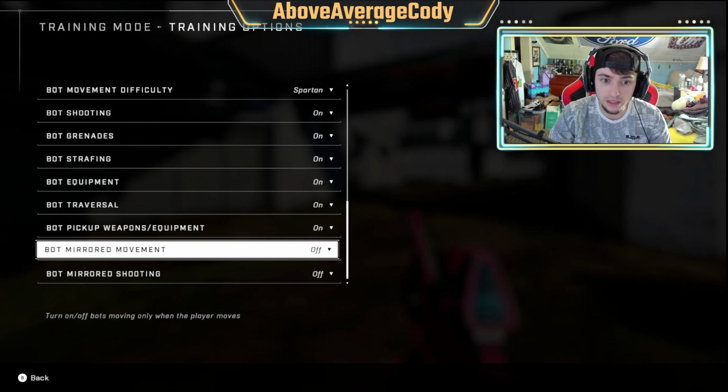The bot mirrored movement. Now, this only affects whether they move or stop when you do. For some reason in my head, I thought that if I'm strafing left and right, they were going to strafe left and right. It's not like that. So I was practicing in this mode as I normally do, and I noticed the bot mirrored movement actually makes it so the bots just kind of even...